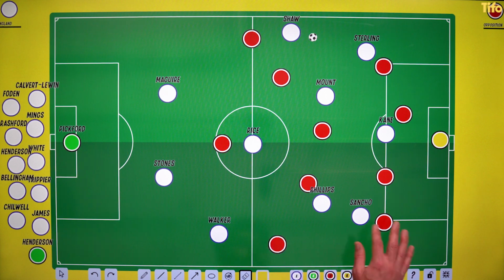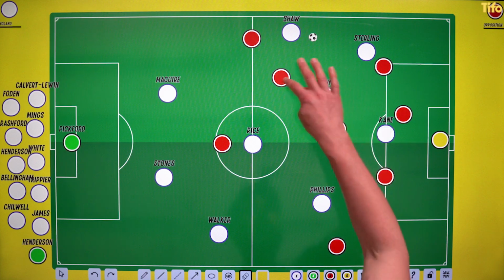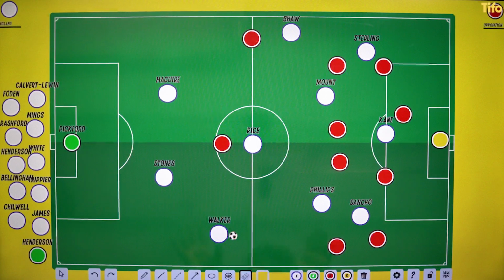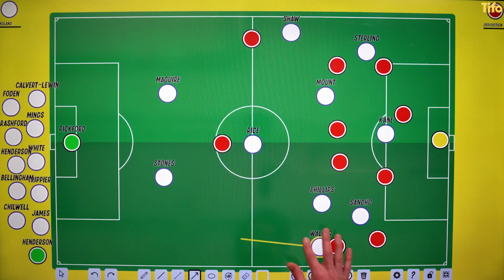So let's say, for example, that the red team are in a relatively low block here, and Kyle Walker, I'm not singling Kyle Walker out for any reason, is the player in possession, gives a fairly sloppy pass to the opposition here. Walker then has the job of immediately pressing up to try and recover that pass. That does leave England with spaces, and we'll come to look at the defensive issues that some of these facets of England's style present to them.